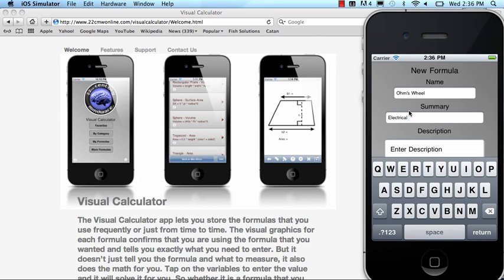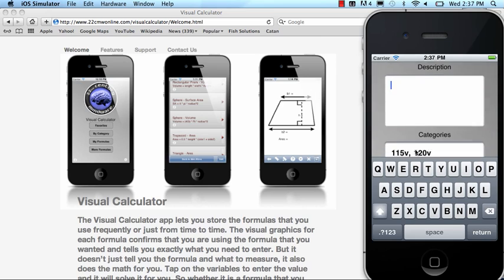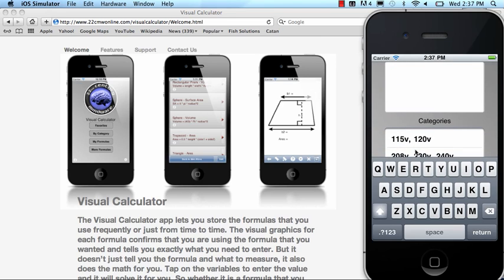electrical formulas for Ohm's law. Description, I won't go too big, but for calculating power, resistance, voltage, and